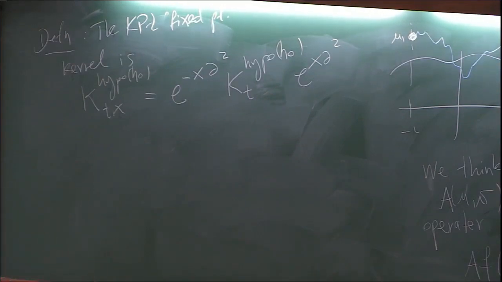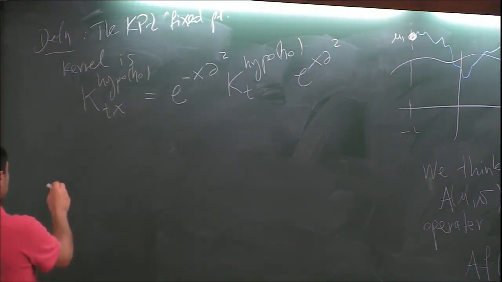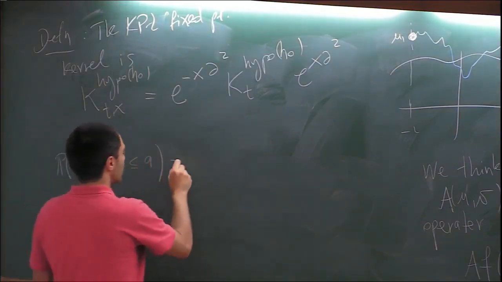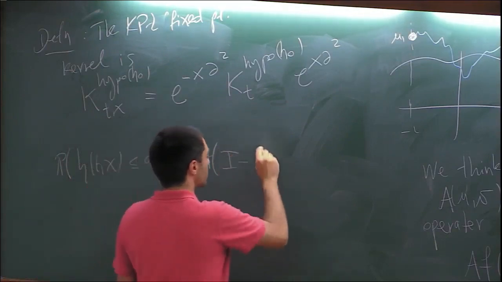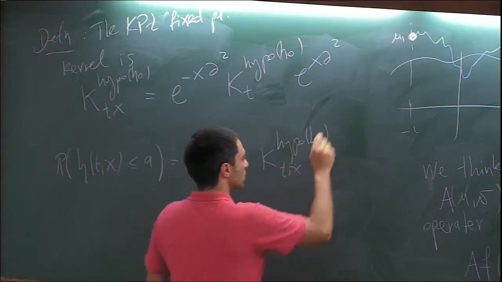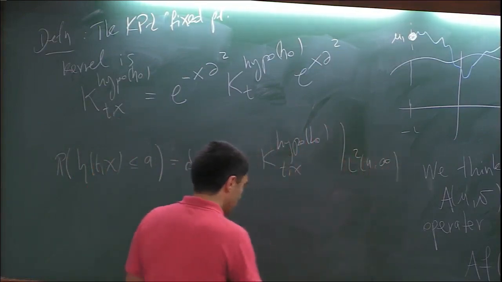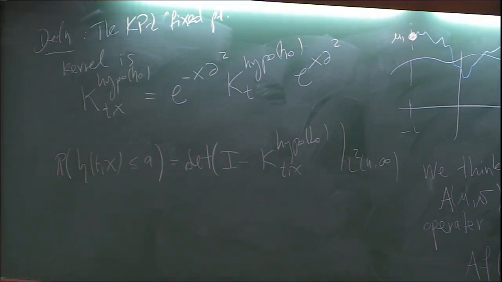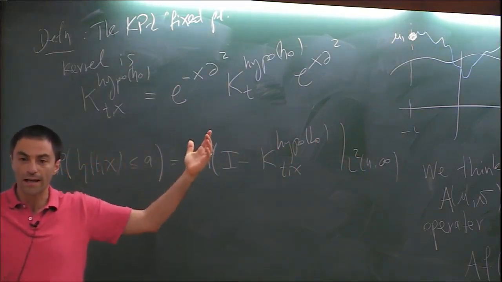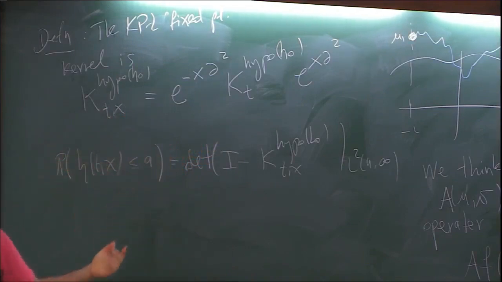Yes. So you take this Brownian scattering operator, and this is the general operator. Remember that what I'm supposed to be doing here is that the probability that this is less than A is the determinant of I minus this guy in L2 of A infinity. So somehow what this is telling me is that if you want to know the probability that this fixed point process stays below A, and the same thing would work for a multi-point distribution, then